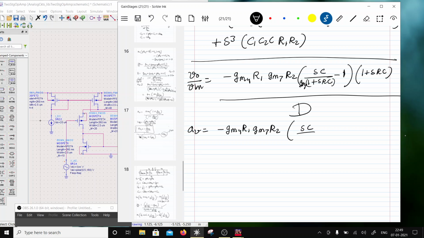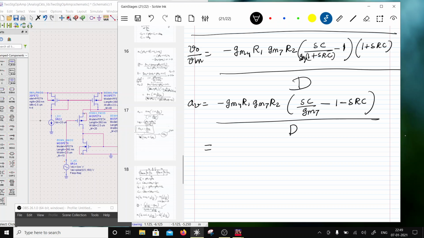I will have SC over GM7 minus 1 minus SRC, isn't it? Divided by the denominator. So I am going to have minus GM4 R1 GM7 R2 times of, now in this case if I take the terms common, so I would have,